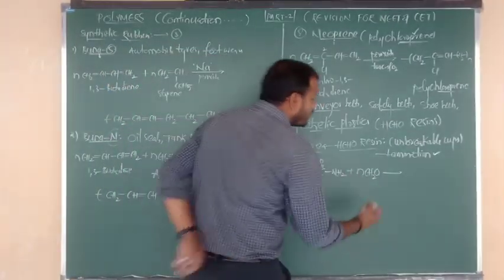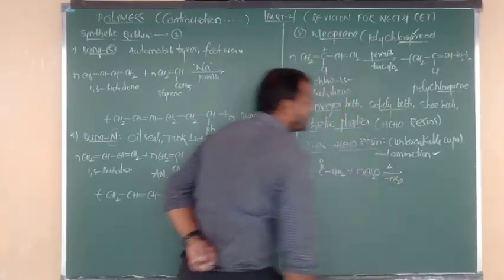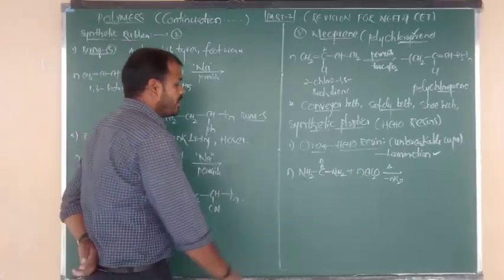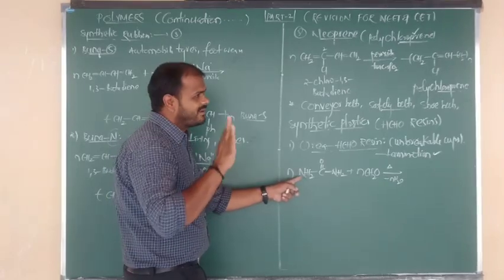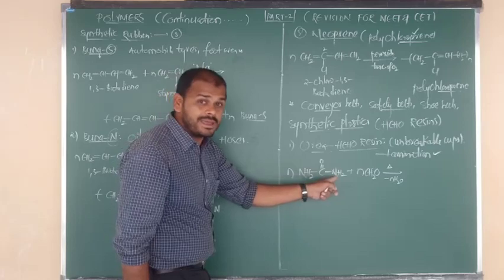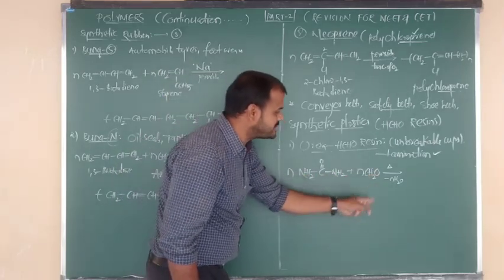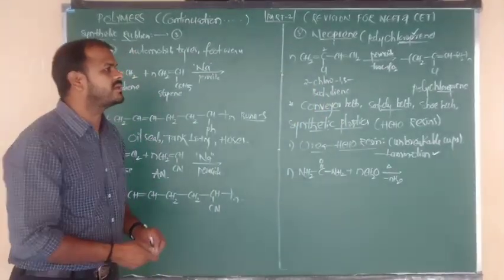Good. So what to do now? Simply upon heating, we are going to lose n moles of water molecules. So how to remove the water molecule? That I want to tell you now. So from the NH2 species, first of all we have to remove the H. Okay, and from another NH2 there, beta, from here also we have to remove one hydrogen. So the 2 hydrogen atoms combine with O and are eliminated in the form of a water molecule.